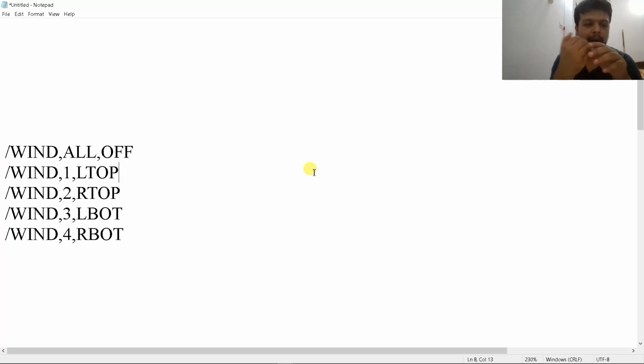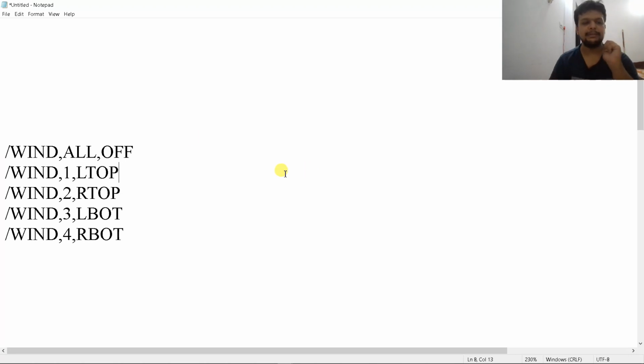And the location of those windows is that the first will be created at left top, the second at right top, the third at left bottom, and the fourth at right bottom. Okay, so ltop, rtop, lbottom, rbottom. These are the four commands you have to use to create four different windows, and the first command will turn off the activated window, which is only one window right now.